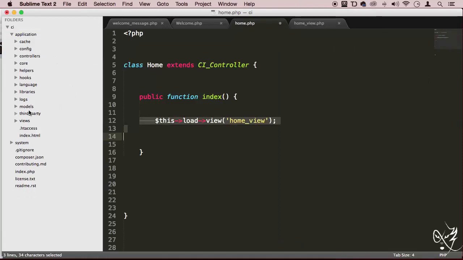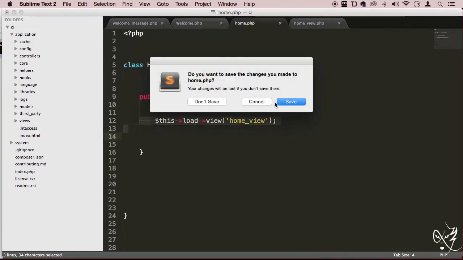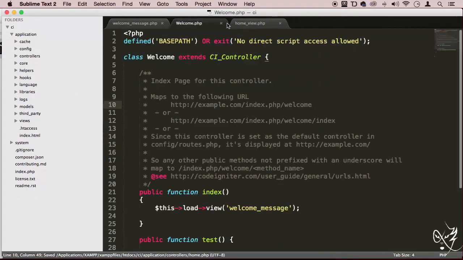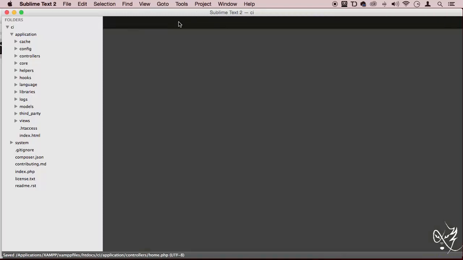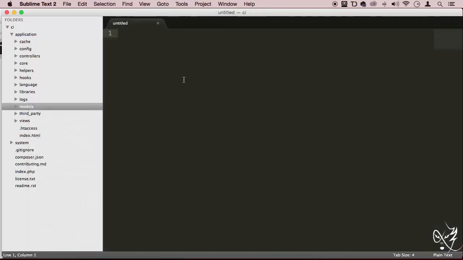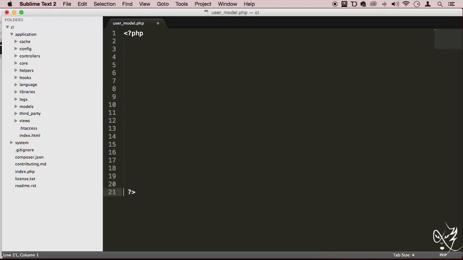So let's go to the model. Let me just take all this out of here. Let's go to our models. I'm going to right click and create a new model. It's going to be called user_model.php. There we go. Then open some PHP tags and we are going to be creating our first custom model,